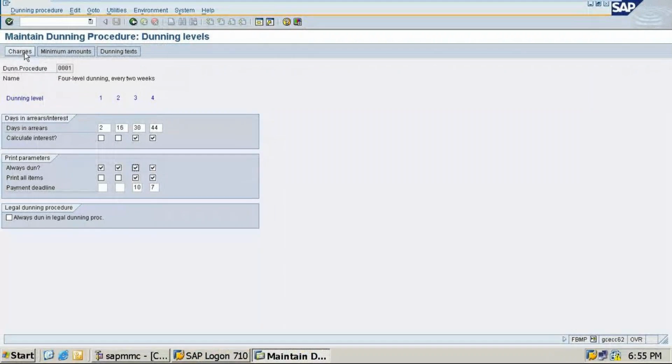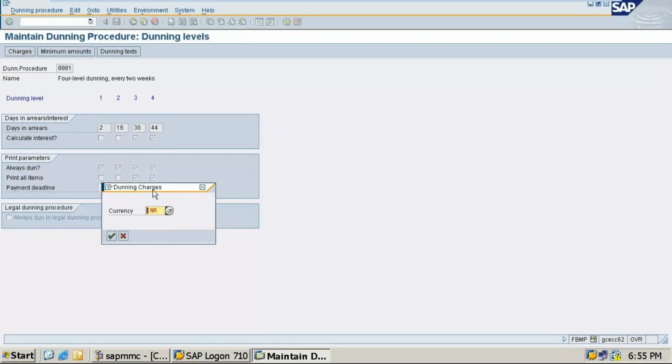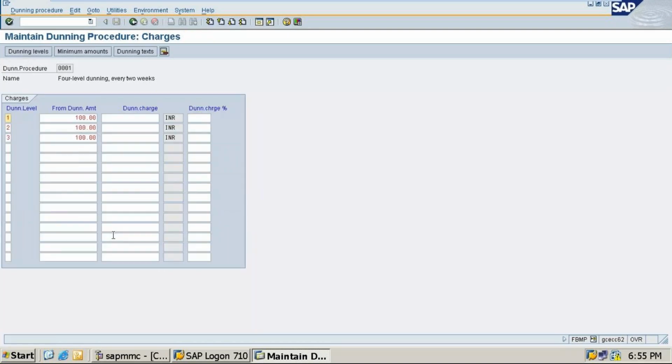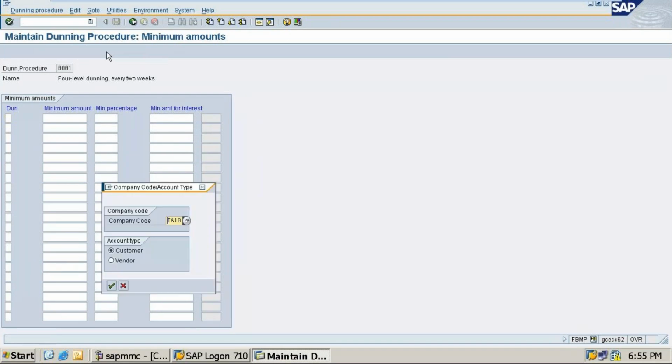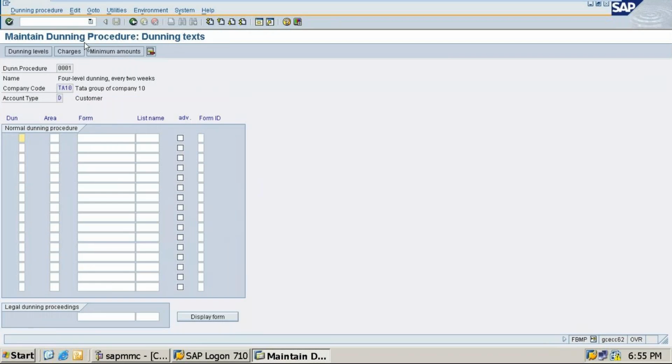After this press Control S, click on charges INR. Then click on minimum amount, already rupees INR we have done. Then click on Dunning text. This is your customers. We have done Dunning procedure D, and here we have to do charges, minimum amount, Dunning levels.